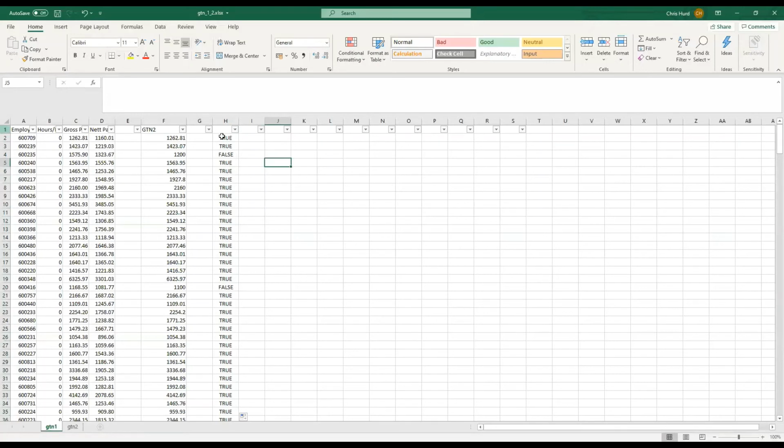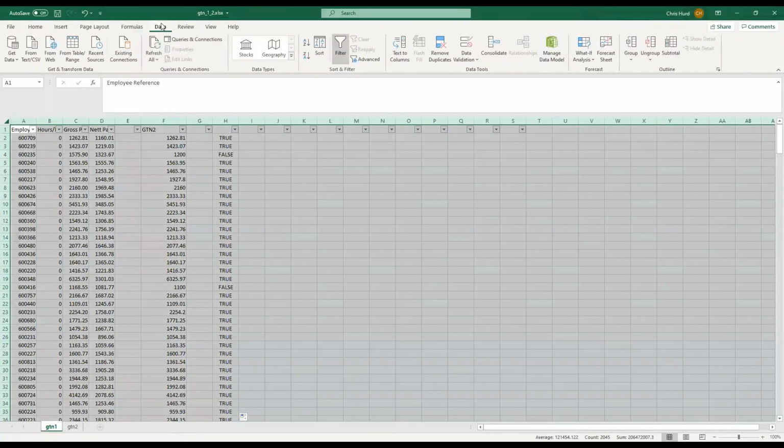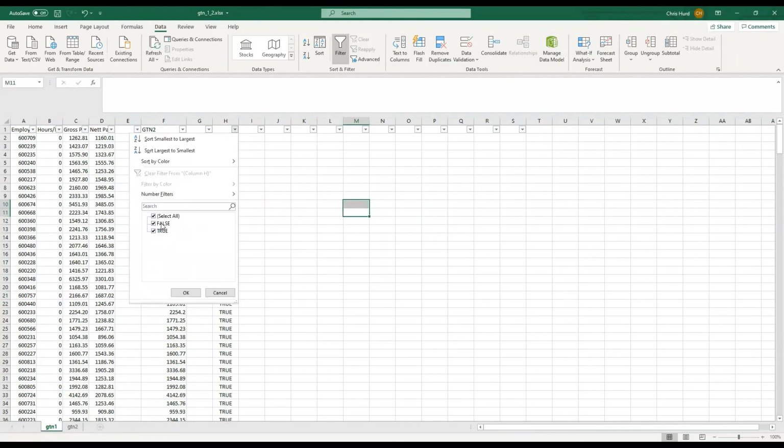Another tip, actually, I've already got them in there, but we've got the filters, so I'll show you how to filter, because we're going to filter all the falses to see what the differences are. So I highlight the whole page, data, and filter. All the arrows have gone, just press filter again. And what we do there is click on that, and we've got some trues and falses. So we untick true because we're not interested,